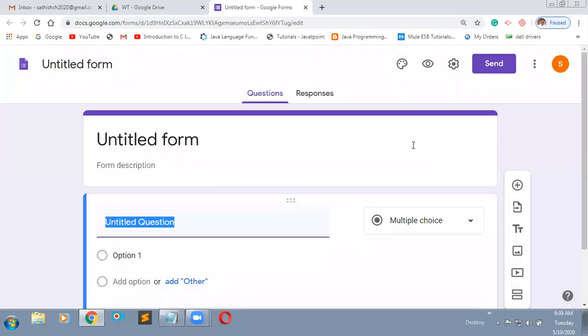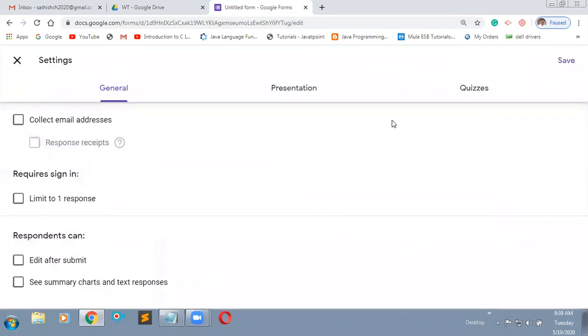What you need to do first, after entering here, is you can see one settings option. If you click here, you have settings. You can apply these settings to that Google form. Here you can see, in General, Collect email addresses. Based on the email address only we are able to conduct the e-quiz. Just click here.